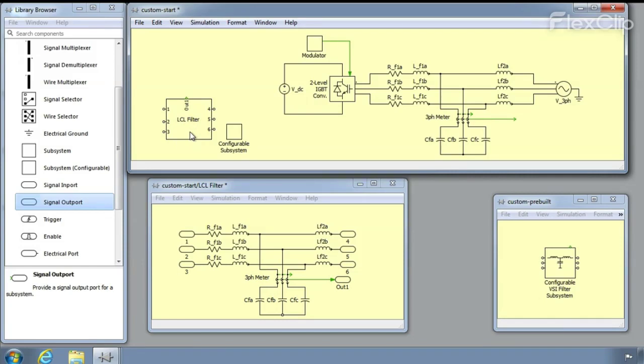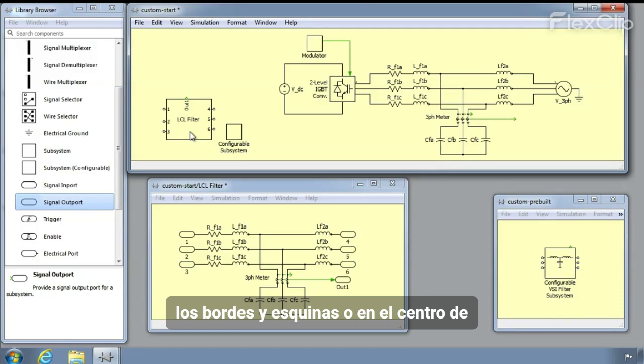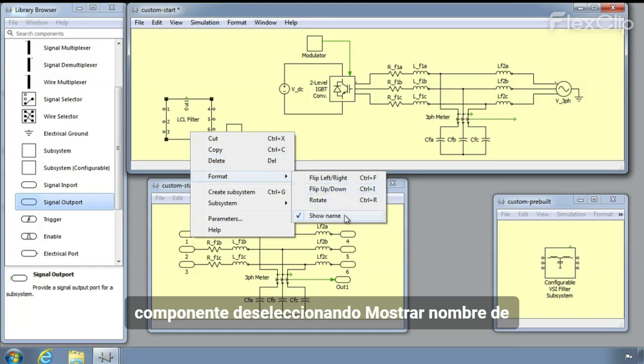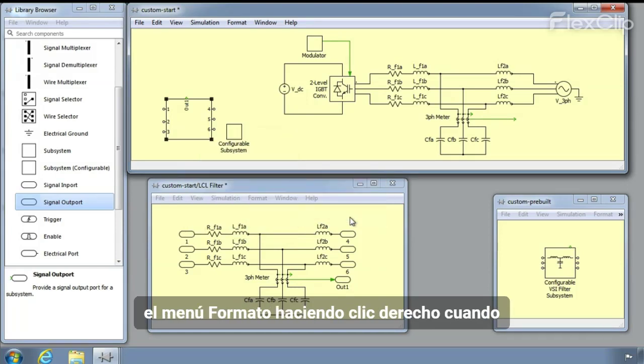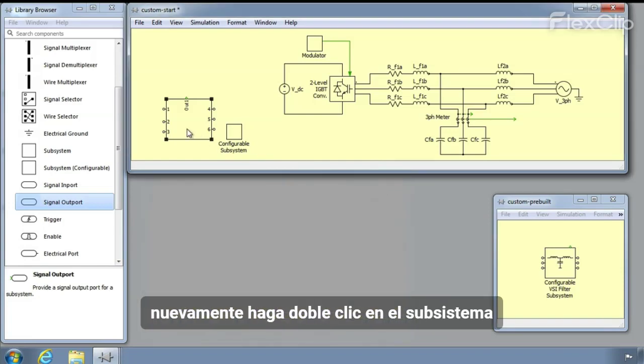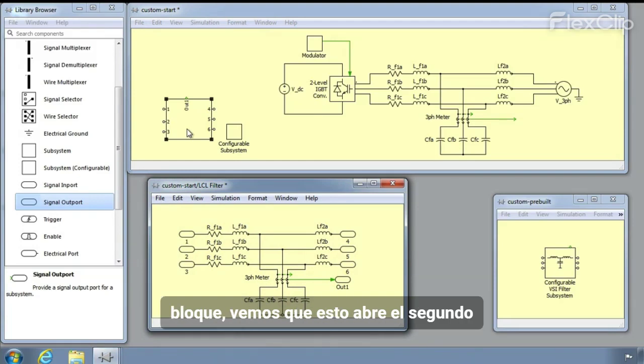The label can be placed along the edges and corners or in the center of the block. We can also choose to hide the label of the subsystem, as with any other component, by unselecting Show Name from the Format menu by right-clicking when the block is selected. If I close the subsystem schematic window and again double-click on the subsystem block, we see that this opens the